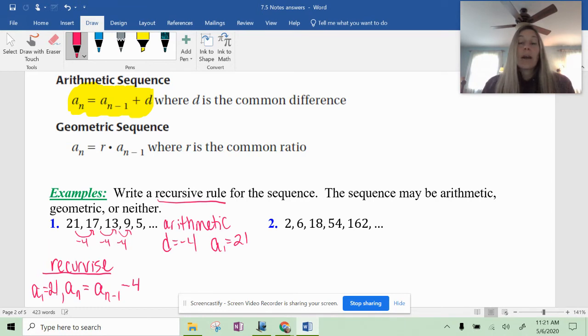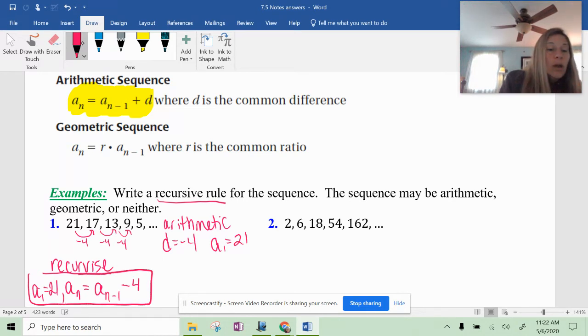So if you have an n minus 1 in there, you need to give them one term to start with. If you had an n minus 2 and an n minus 1, you would have to give them both A sub 1 and A sub 2 to start with, or at least 2 terms to start with. So your final answer for the recursive rule would be not just the actual rule that we wrote here, but